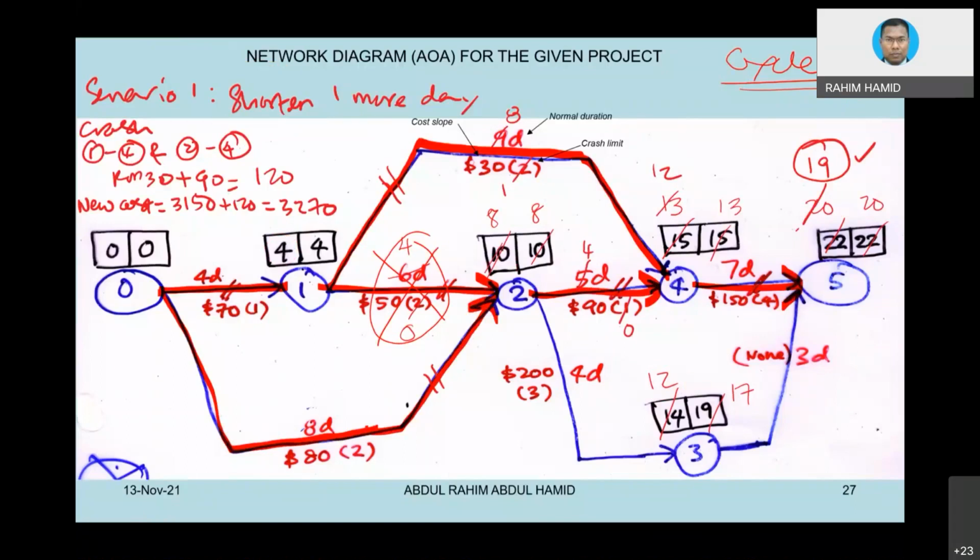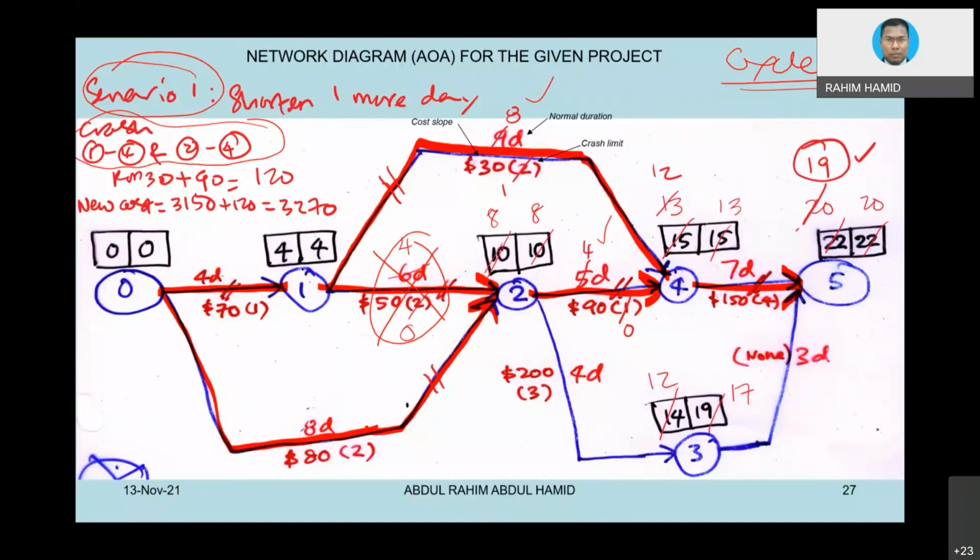Okay, now let's crash, because I only want to crash one day only. So the question is, which activity shall I crash? Okay, scenario number 1, shorten one more day. I try to crash activity 1-4 and 2-4. Activity 1-4 here, at the top, because it is also critical, and 2-4 here, because both basically are